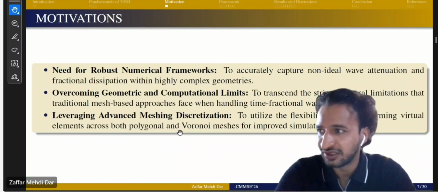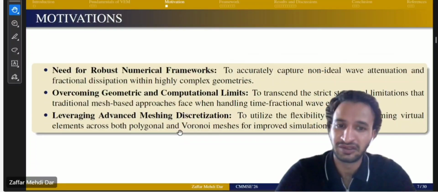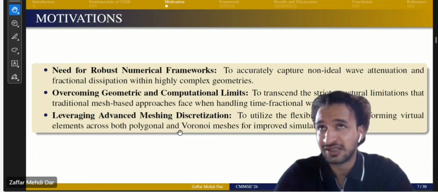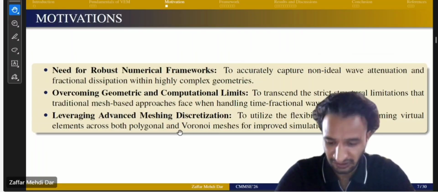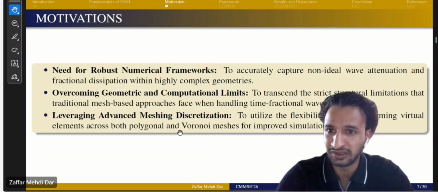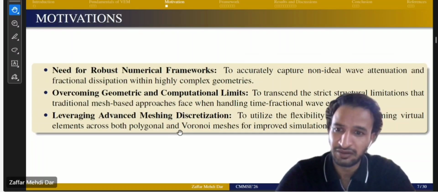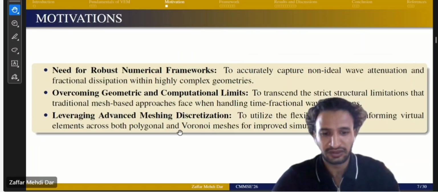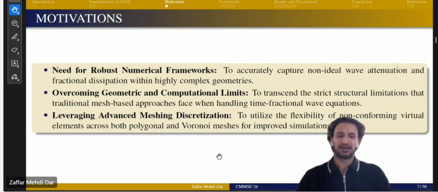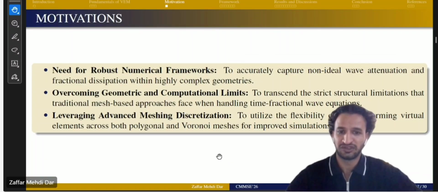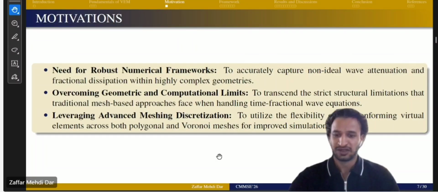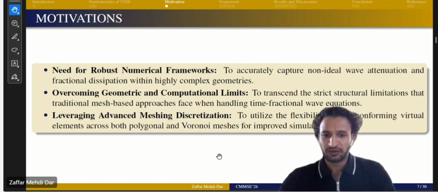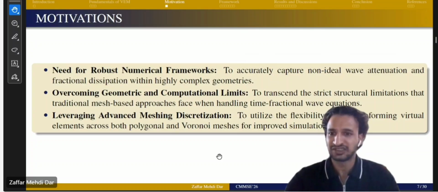We are going to take a simple governing equation. First, we are going to define the motivations of this study. Why do we choose numerical methods such as the virtual element method to study dissipative wave equations? We know that the flexibility in the meshes will help us capture the